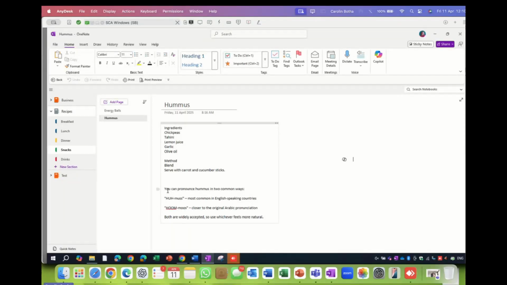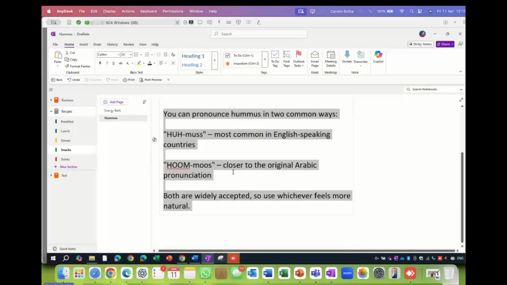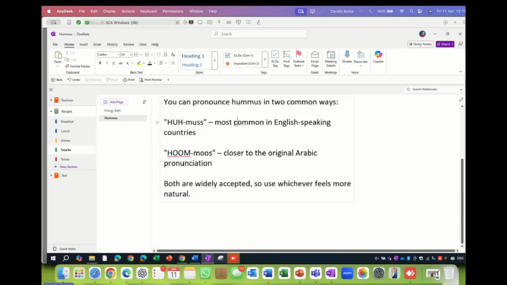Hummus. I asked ChatGPT how to pronounce it properly, because I always struggle with that. And they said, and I prefer this one, I think it's hummus. Oh, okay. That's what ChatGPT says. I've heard so many different pronunciations of that. So, tongue in cheek.